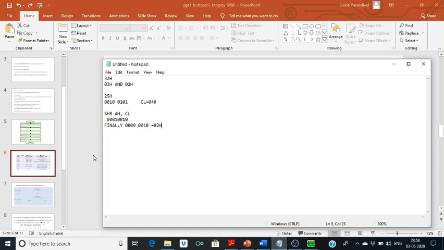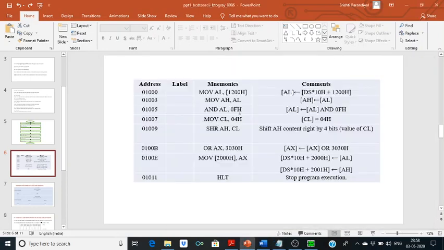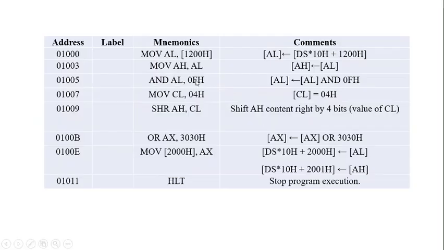So what, after this operation we have our lower order nibble unpacked. Then after this operation we have our higher order nibble unpacked, and finally we will OR this. AX means AH and AL. AH has the unpacked higher order nibble, AL has the unpacked lower order nibble, and we are adding 30H to